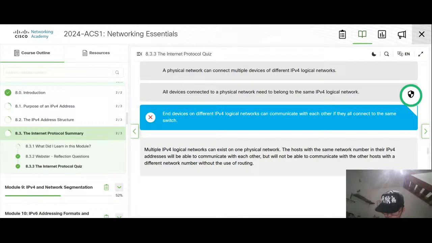Okay, multiple can exist on one physical. Oh, they cannot communicate with each other if they are from different IPv4 logical networks. Actually, they are connected, but they cannot communicate. They need to be the same network number. All right, good.